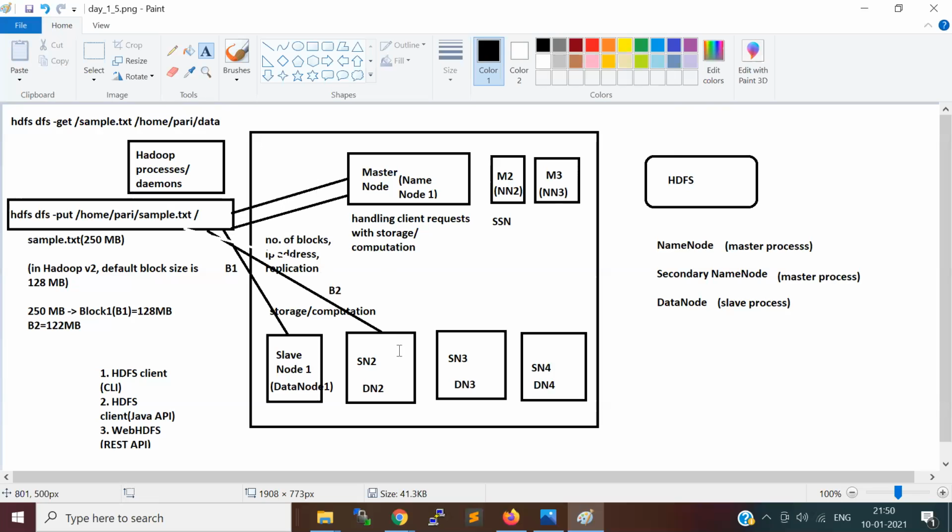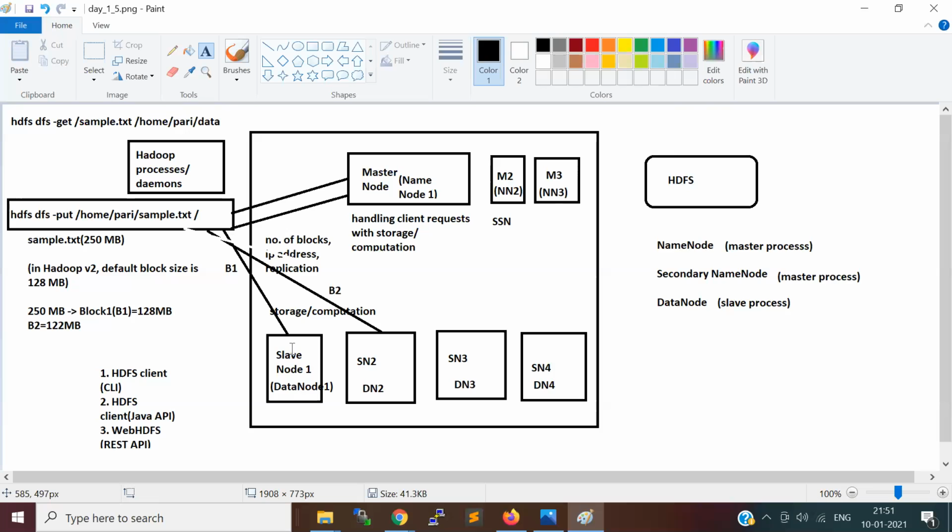Just about the blocks, the block B1 is stored here, right? The fundamental concept is that the same block will not be stored on the same node, because we want a failure mechanism.